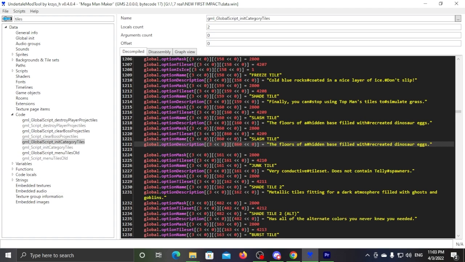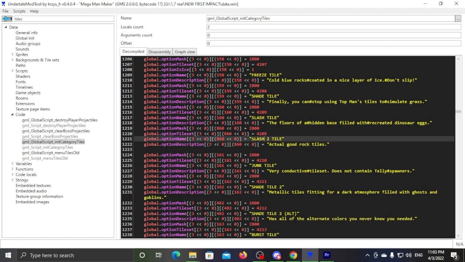Okay, so since we added the number for the slash tile, we just will need to rename it. Let's just say anything for the description. Say actual good rock tiles,